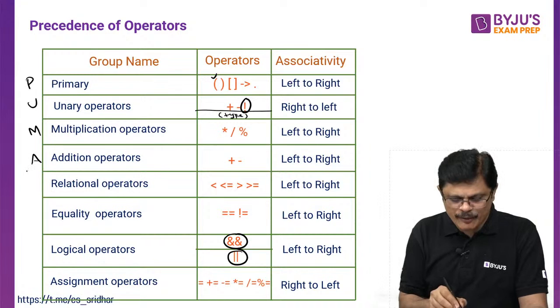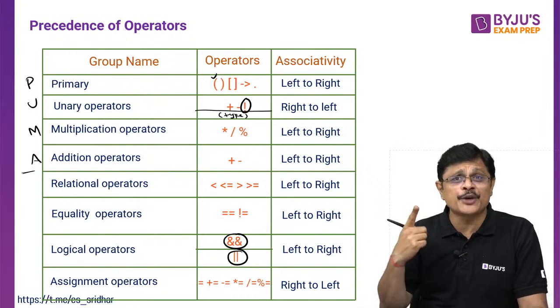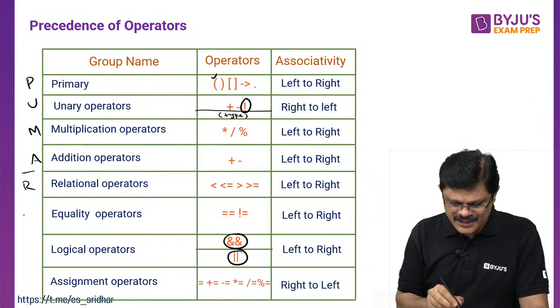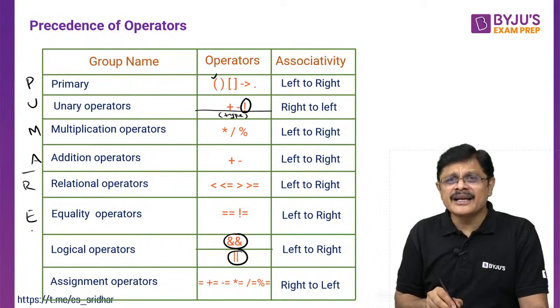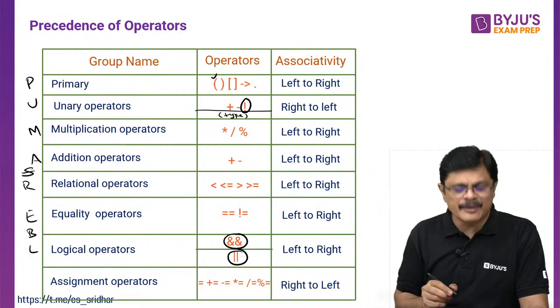Of course, there is one more operator in between that is missing. That is called bitwise operators. We have to study that. We will study it tomorrow. Then we will get the complete mnemonic, my dear friends. This is relational. And here again, some more bitwise operators will come, followed by this. Actually, there will be some S, and there will be B. Okay.